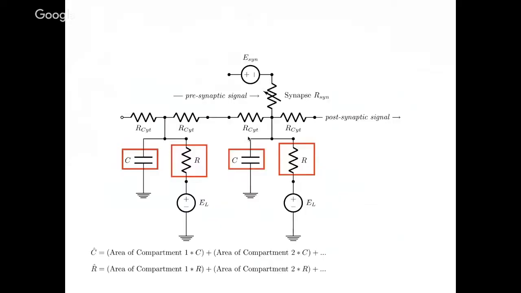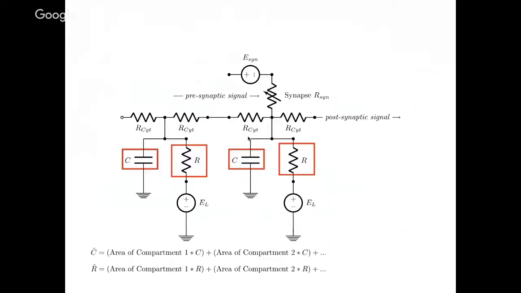capacitance of the neuron and all the capacitances of each compartment. So in this circuit, there are 2 compartments, and we're going to also take all the resistance of that, and we're just going to add up all the areas and multiply them by the capacitance and also resistance to derive this new capacitance, so we have a capacitance C hat and a resistance R hat. So we have these 2 new values that we derived from adding up all the areas together into